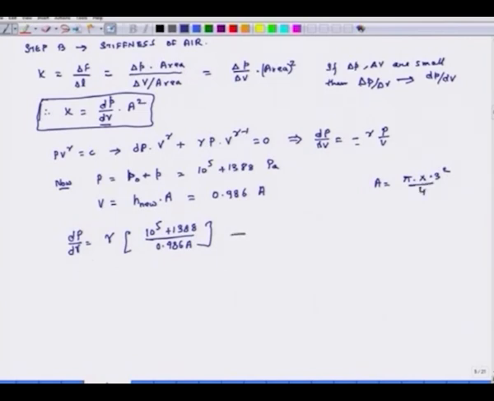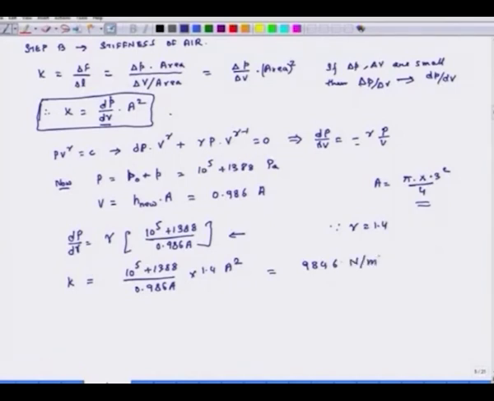So, if I use this relation into this, then I get my K equals 10 to the power of 5 plus 1388 over 0.986 A times 1.4 A square, because gamma equals 1.4 for air, and if I plug in the value of A, then this comes out to be 9846